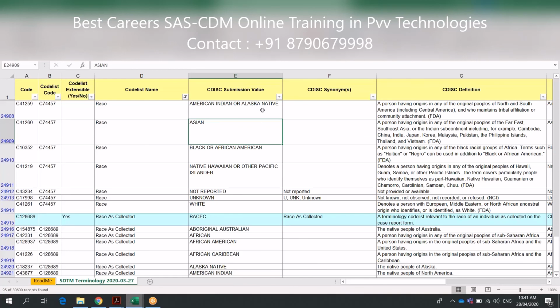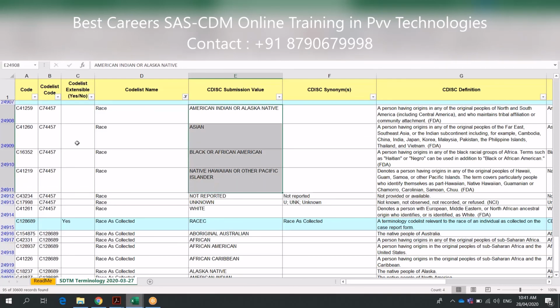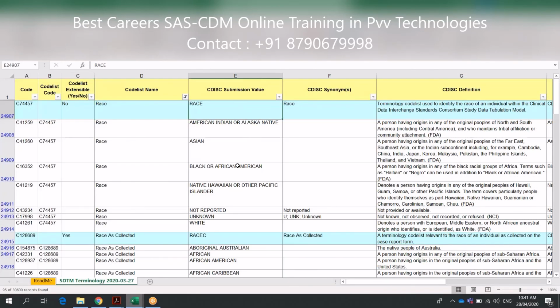So that's why they have said this is not extensible. That means you cannot change it basically when you submit. When you are in CDISC, you cannot change it. While collecting data,